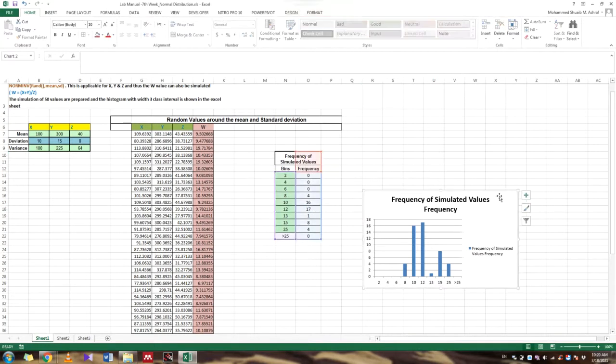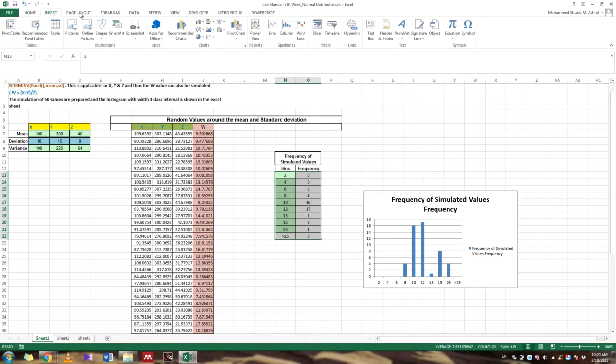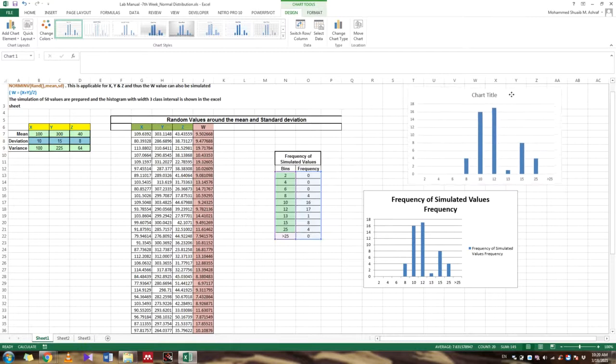And here we are making the graph based on this. How to create a graph? Select these two columns. Go to insert, and insert the chart like this.